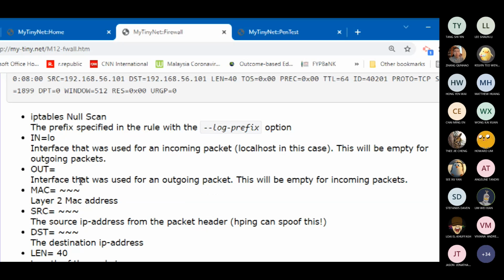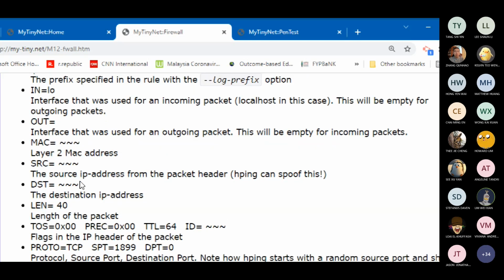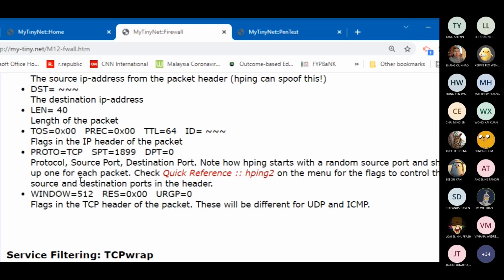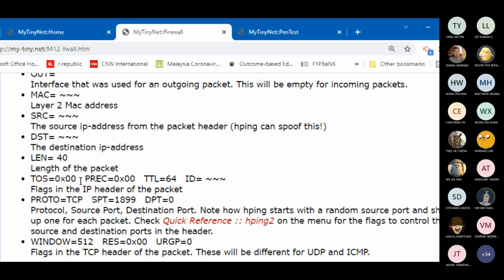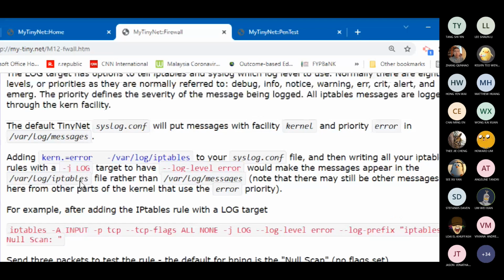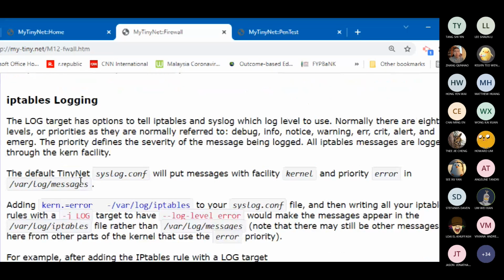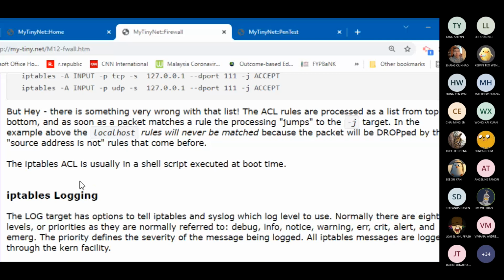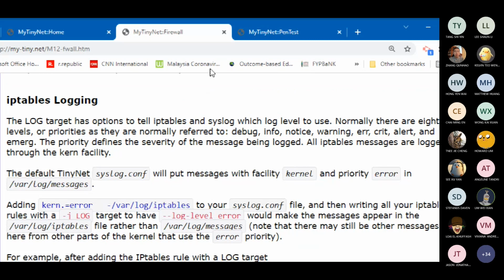There's a complete list here of the items that are in that log file entry. So that's the important section, this one, iptables logging, and the rules themselves; we've got examples in a couple of different places. Okay, the pen test page